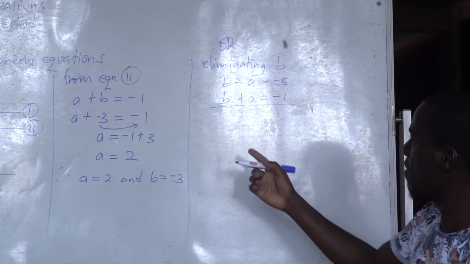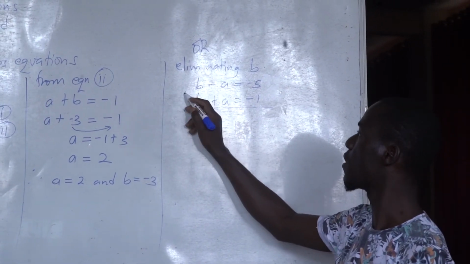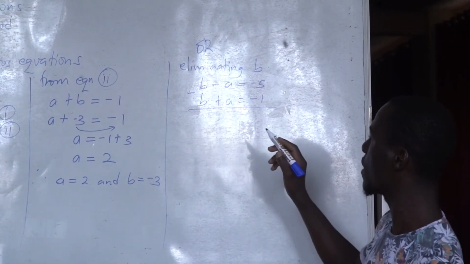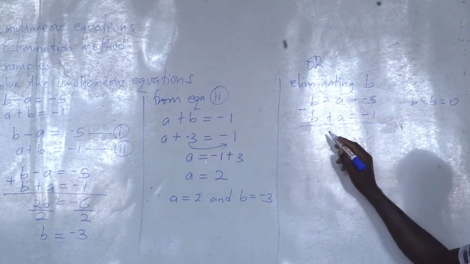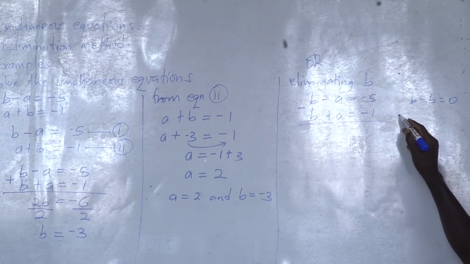So eliminating b, the signs are the same, we are going to subtract. So that is b minus b is a 0, so that is 0b. Then the negative a